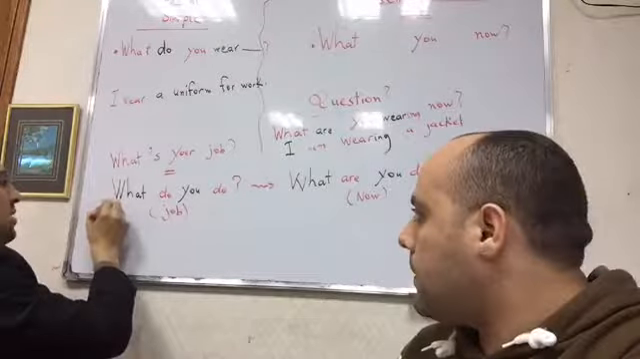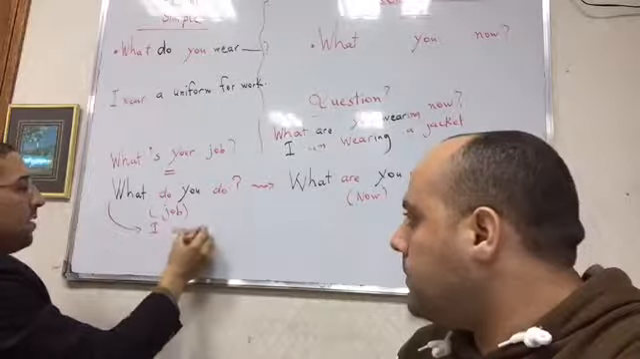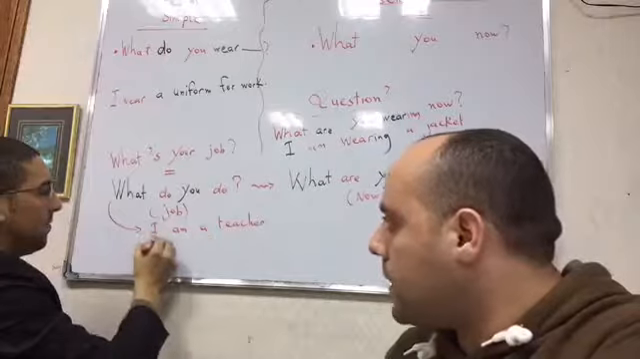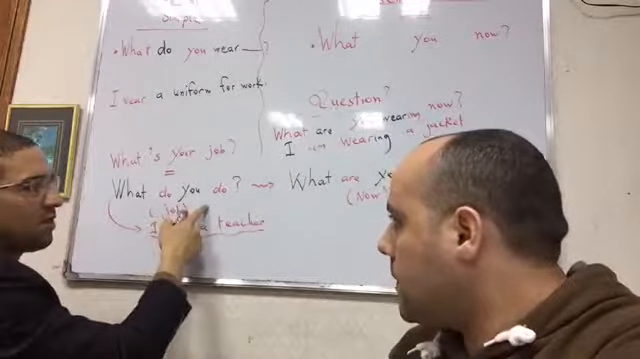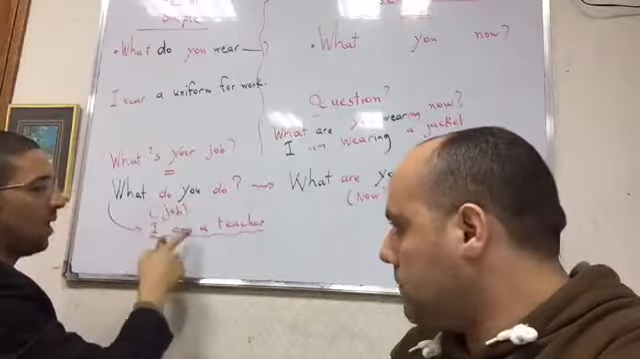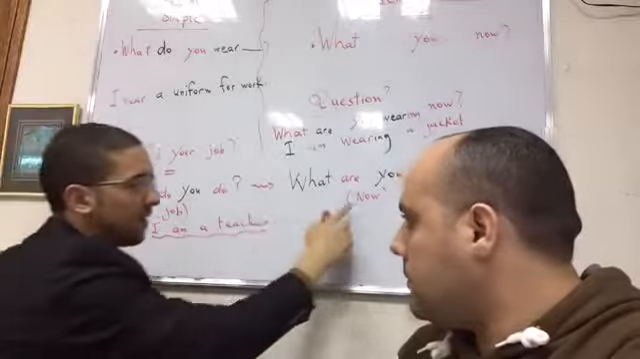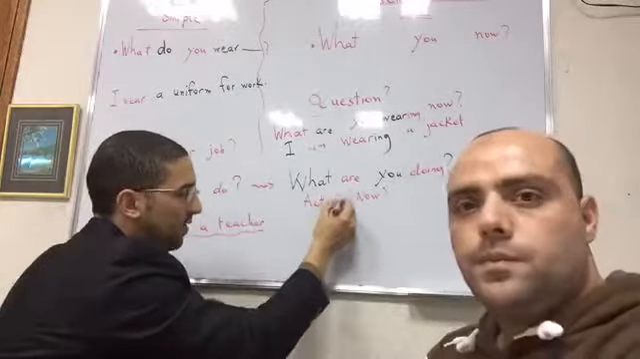Majid, what do you do? He says, yeah, I am a teacher. A teacher. And this is in the present simple tense. If I say, what do you do? Don't say, for example, I'm watching TV. What do you do? You say, I'm a teacher. If you want to ask someone about their activity now, you say, what